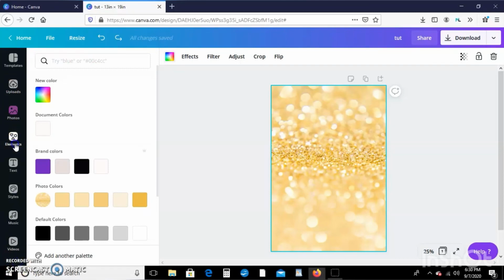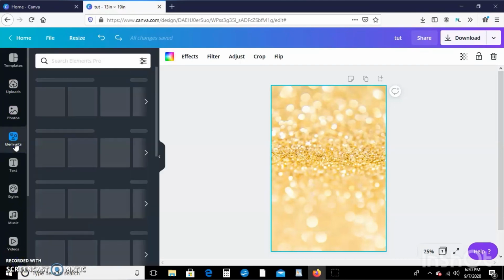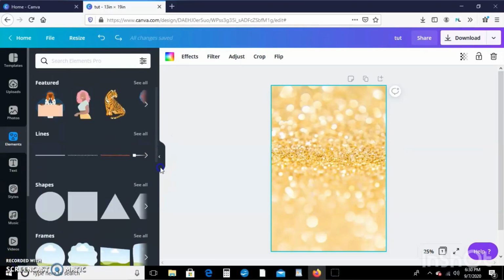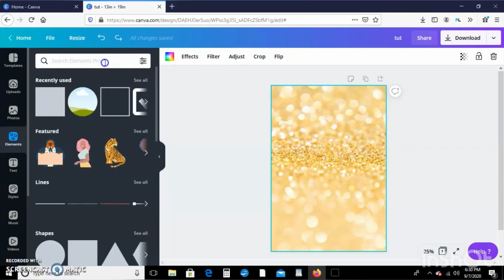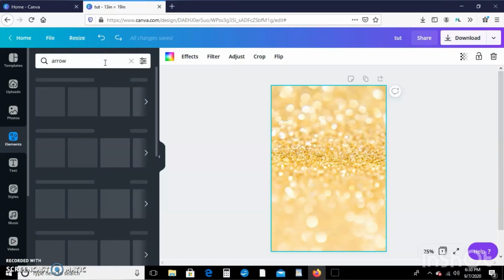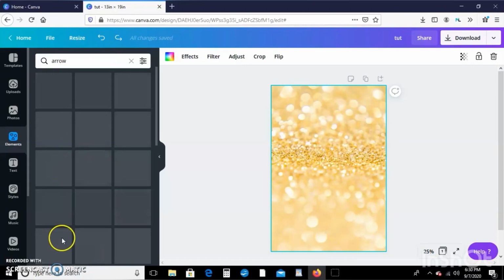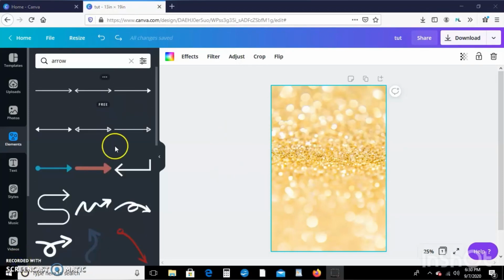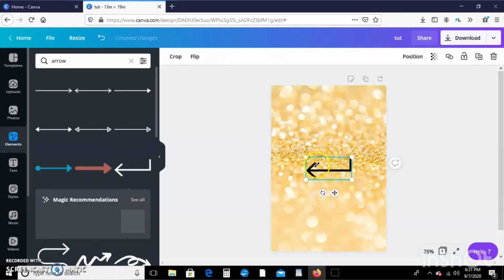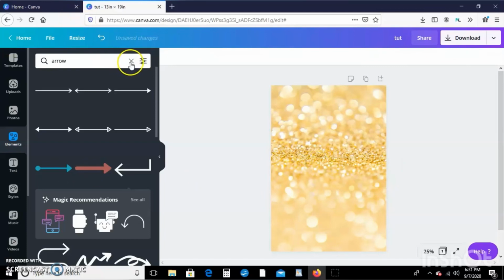Then we have our elements tab. Elements is basically fancy illustrations or shapes that you want to add to your picture, okay? So let's say I wanted an arrow, I would type in arrow, and these are the options that would pop up, okay? Have some arrows. Or, you guys, you know what? If you wanted to make your own